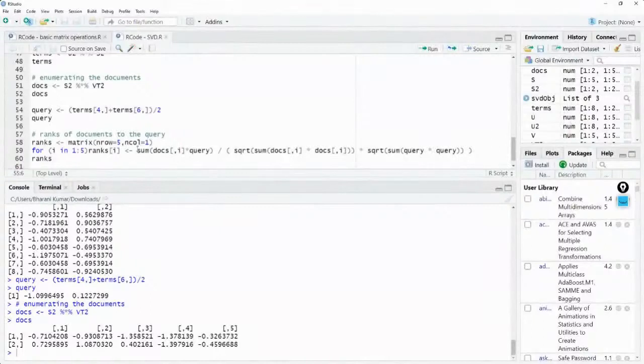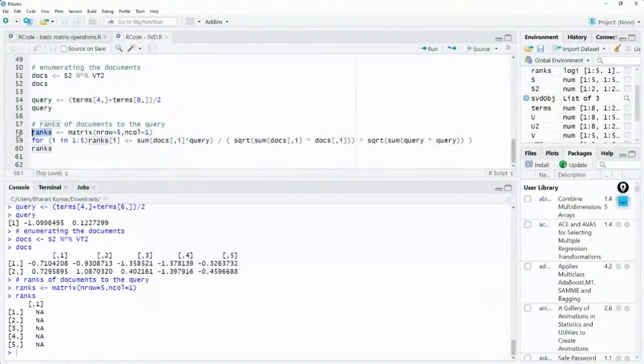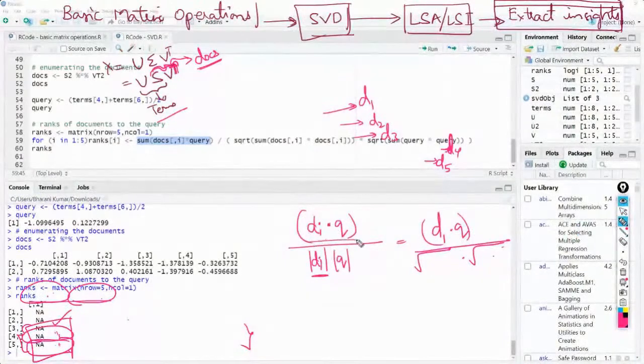Okay. So I'm creating a matrix with 5 rows and 1 column, an empty object is what I've created. Now I want to populate within this all the cosine based similarities between the query and the document. So for all the five documents, you're saying take the summation of these two, multiply these two, do the summation of all the values, divided by,